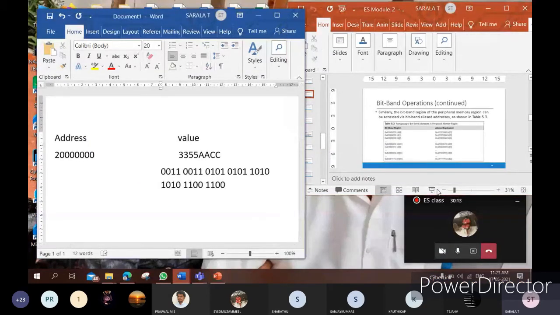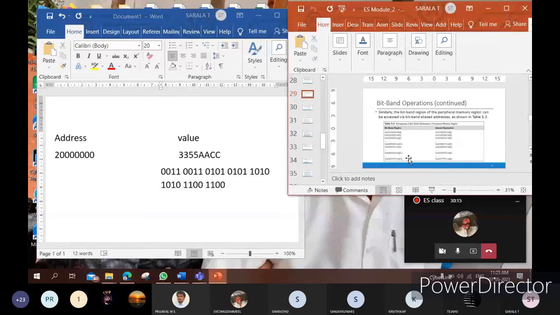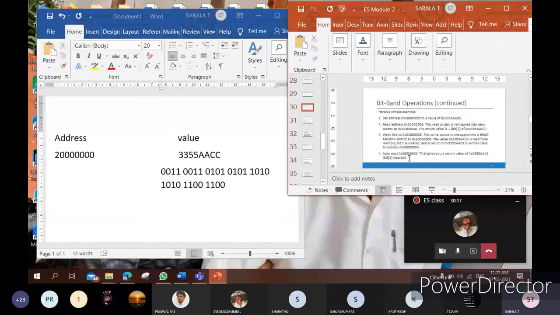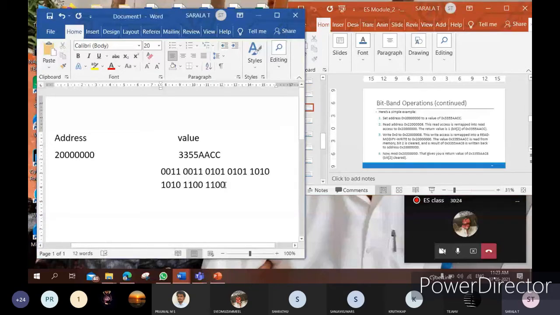What we have to do now, they have asked for modification of bit 2. See, this is bit 0, this is bit 1 and this is bit 2. This is your bit 2 value. They want to write or modify this bit 2 value with 0.